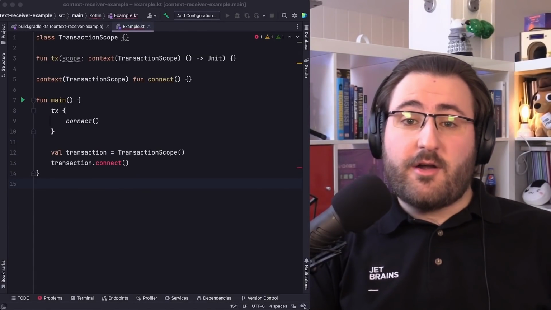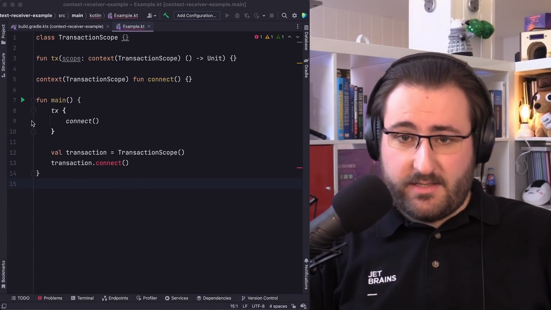I think we've covered most of the mechanics of context receivers as well as some of the basic use cases. But there's actually quite a bit more you can do with them. So before we call it a day, I want to briefly introduce a few other use cases. And I'm sure a lot of you folks in the community will also find your own. The first case are nicer transaction APIs.